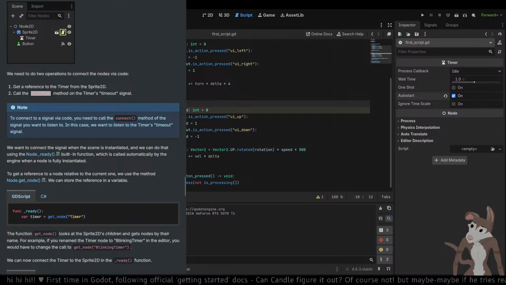To connect the signal via code, you have to call the connect method. To connect to a signal via code, you need to call the connect method of the signal you want to listen to. In this case, you want to listen to the timer's timeout signal, so